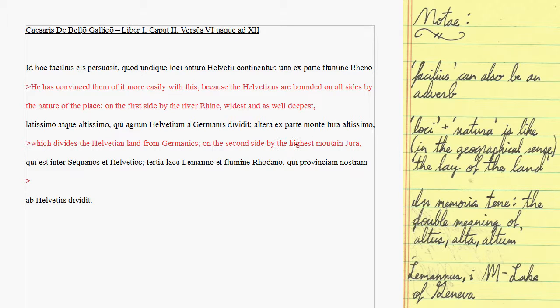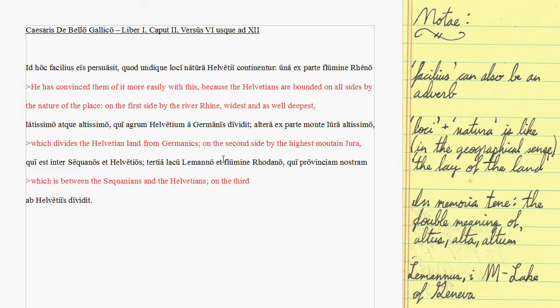And finally, we have another little information clause, probably about the groups that this is involved with, which is very straightforward. Just simply this is, and then an accusative prepositional phrase, which is between the Sequanians and the Helvetians. You don't even have to include the ex parte. We know what we're talking about, Tertia, on the third, of course, third side, but there's no need for that. We get it. In English, we do that too.